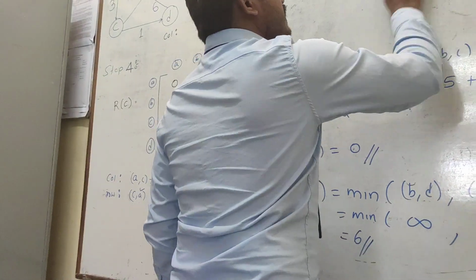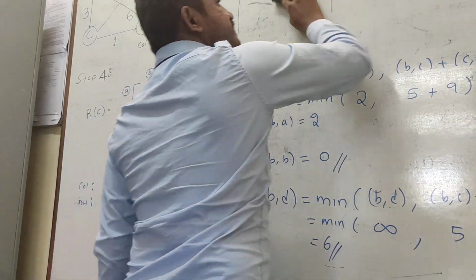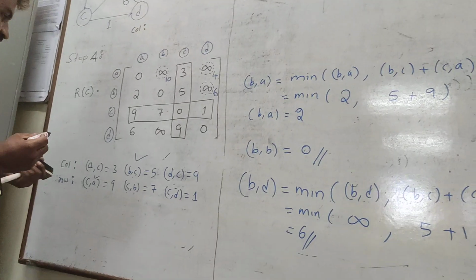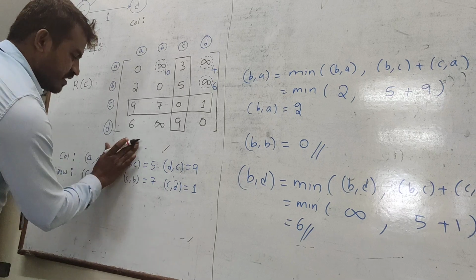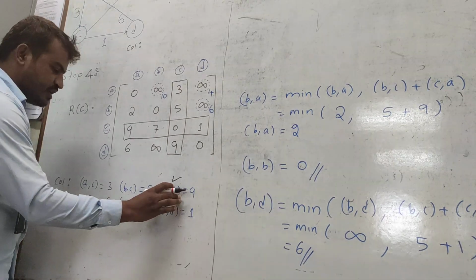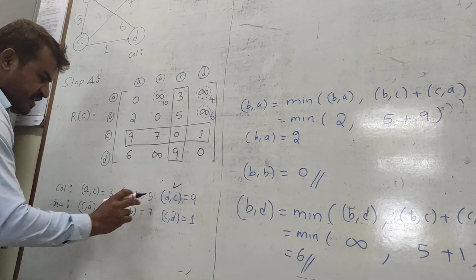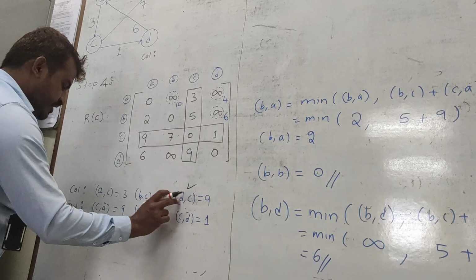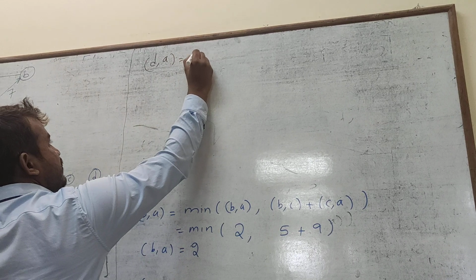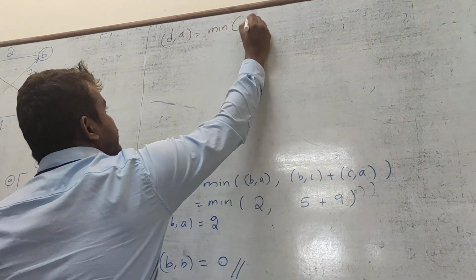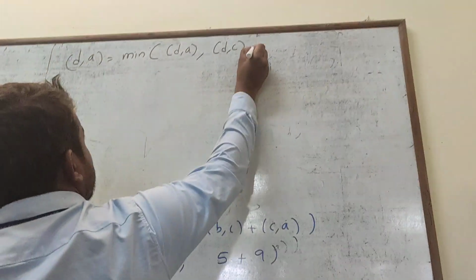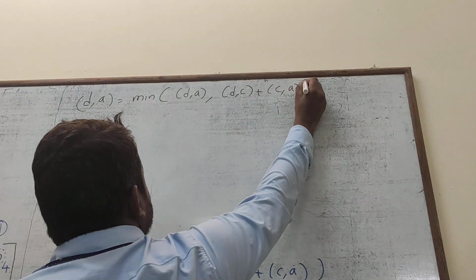Next combinations. We consider this. You are now considering D to C, again in this way. Take one from the column and make a combination with all three. D to C, C to A, consider to be D to A. Write D to A as a minimum of D to A, written as D to C plus C to A.